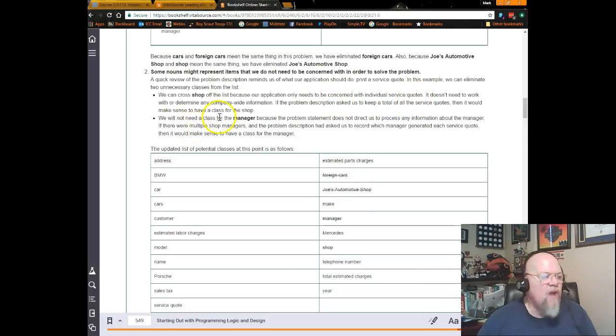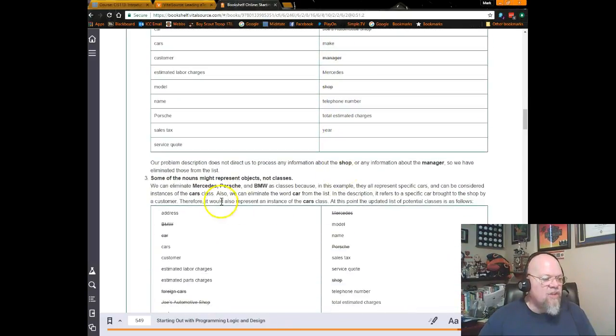Okay. We do not need a class for manager. Manager really has nothing to do with our service quote, so we can get rid of that as well. Some of the nouns might represent objects, not classes. We can eliminate Mercedes, Porsche, and BMW because these are going to be objects that we are going to create